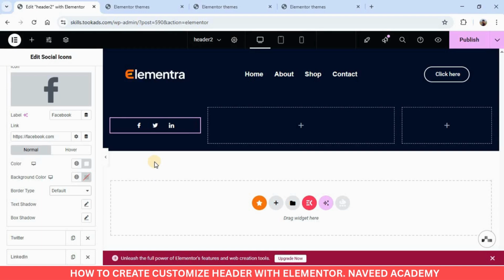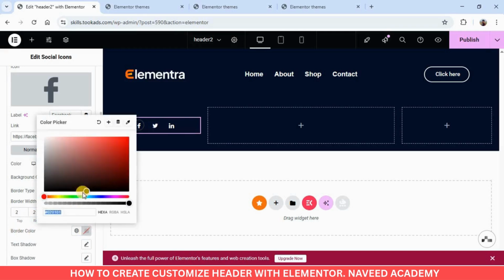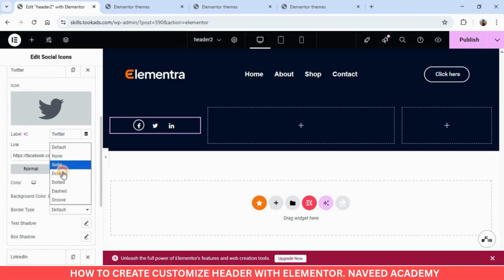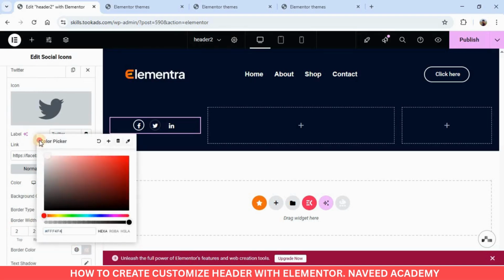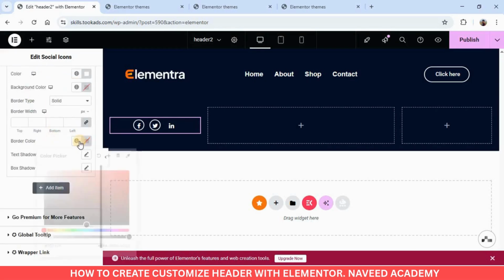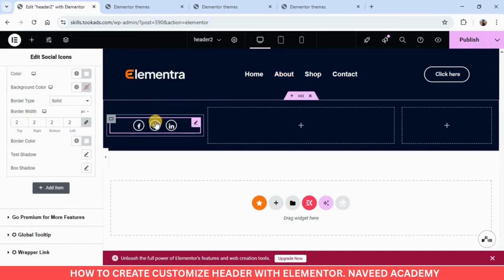Now to set the border of our social icon, go to border type and set the border to solid and go to border width and set it to 2 pixel and go to border color and set the border color to white. After setting the border of our social icon,